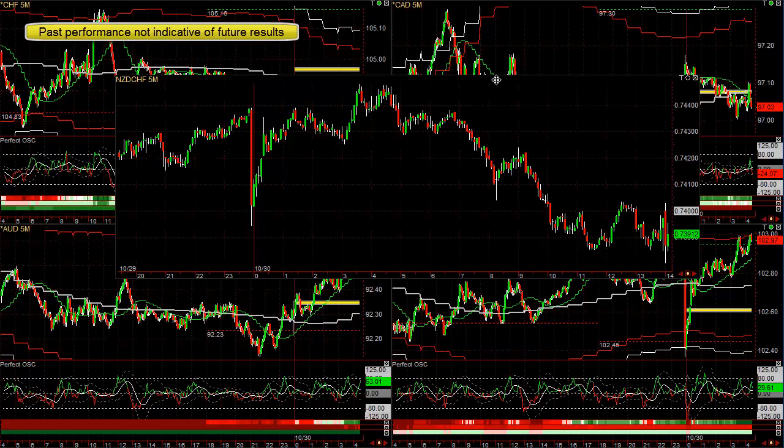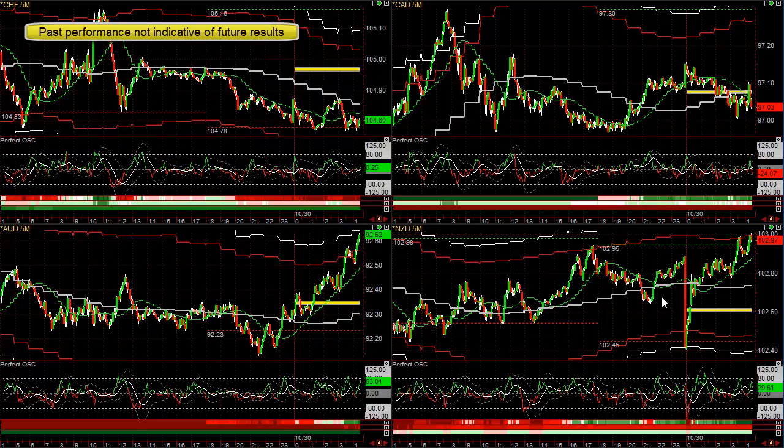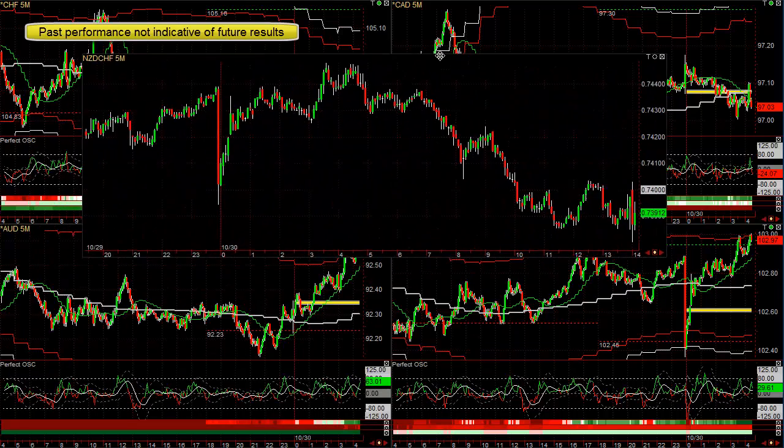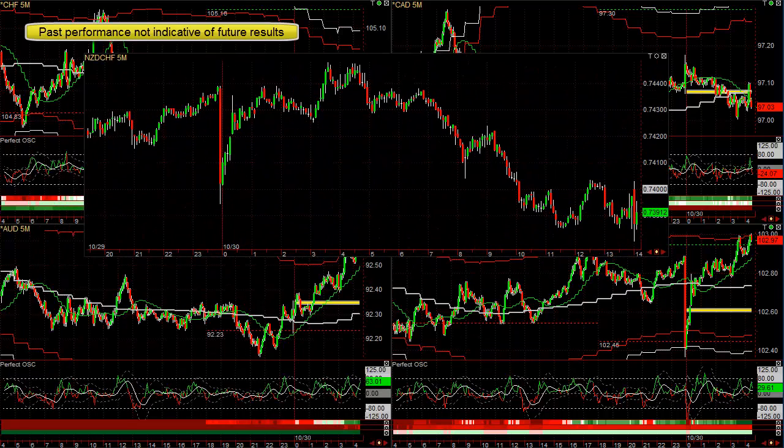Apparently I paused the recording, so I'm not sure where I left off, but what I was trying to show was the New Zealand's weekly trend is down, the monthly trend is up. The Swiss has a monthly trend that's up, the weekly trend just slightly shifted down. It was up. It's finding a double bottom here, and so the Swiss is very likely to go up, the New Zealand's very likely to go down at 430, and like I showed in this chart right here, you have a double top right here. 430 comes, you're looking for a sell, and you have this nice little drop right here,